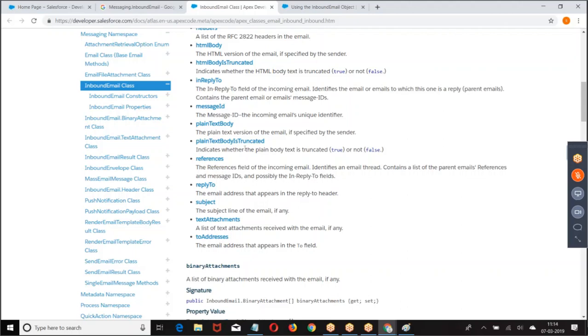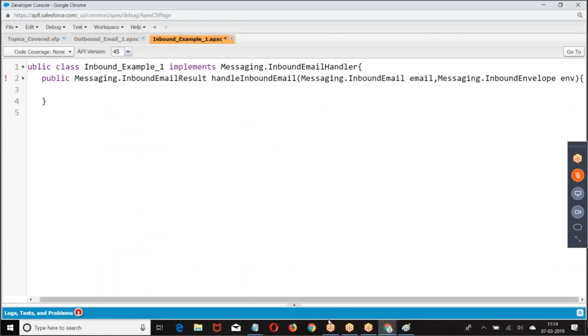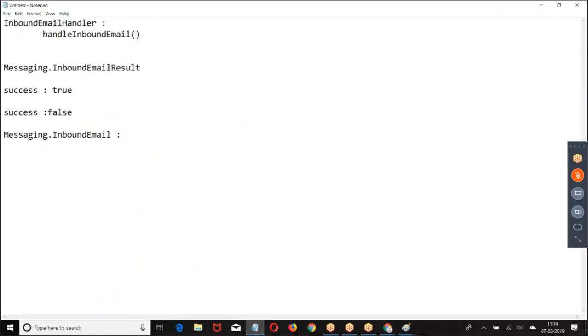Whatever the mail we received, that mail's from address, to address, CC address, subject, plain text body, HTML body, this type of data we have mentioned. Right. So that is InboundEmail.